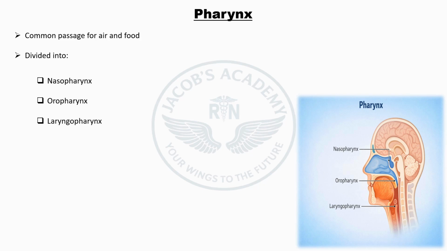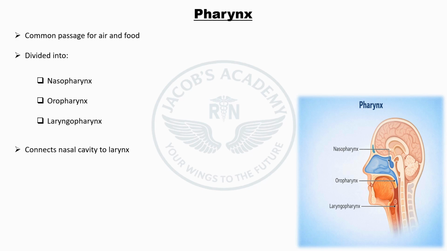The first part is the nasopharynx, which lies behind the nasal cavity. It is involved only in respiration and allows air to pass from the nose to the pharynx. The second part is the oropharynx, which lies behind the oral cavity, and it serves as a passage for both